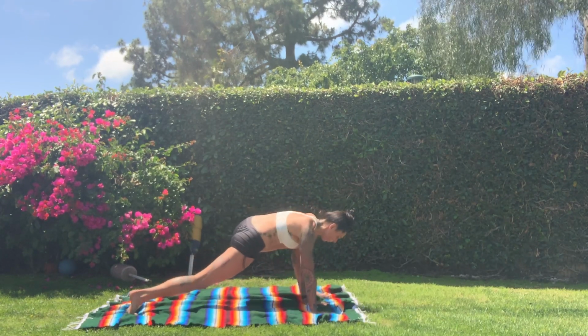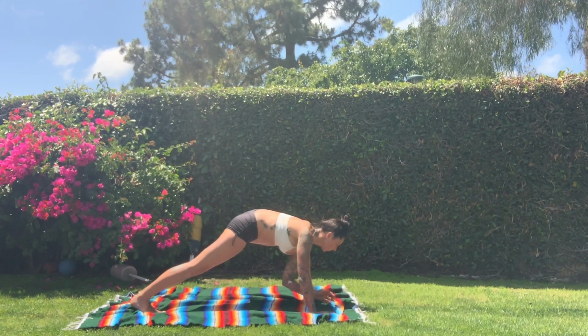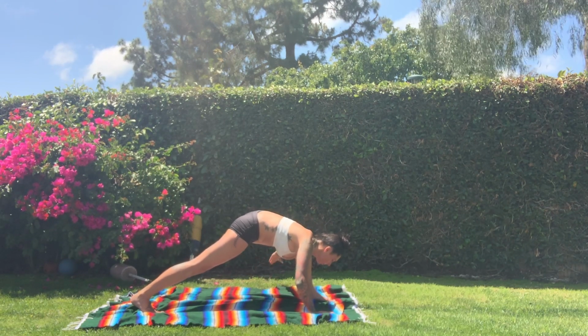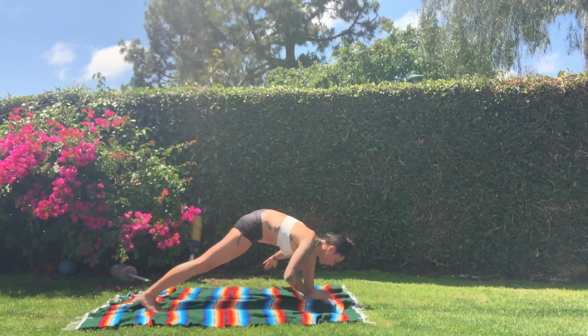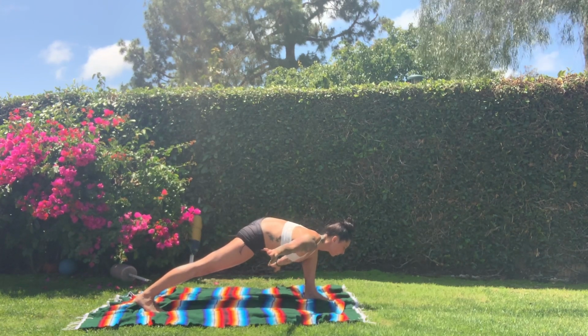And exhale, plant the left hand back down. And again, keep that wide stance. Bring the left hand or the left arm under the front of the left thigh, maybe on spider fingers, fingertips, or the left arm might reach out to the side. You keep the right hand on the ground, or maybe reach the right arm out to the side,